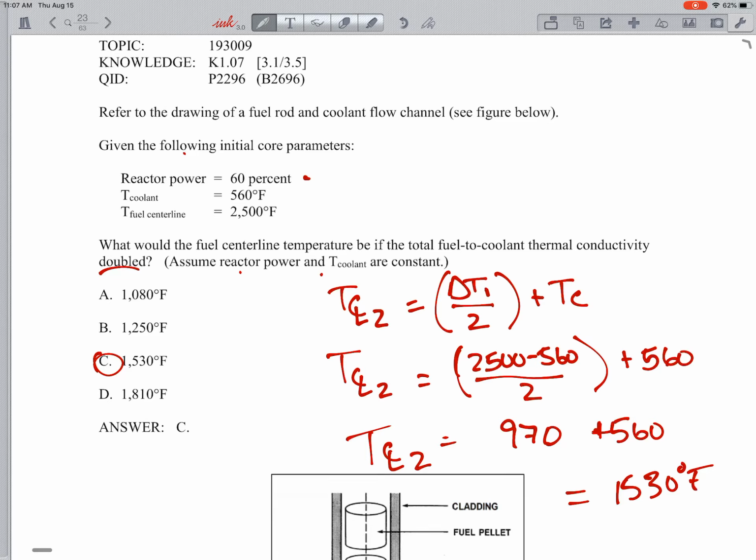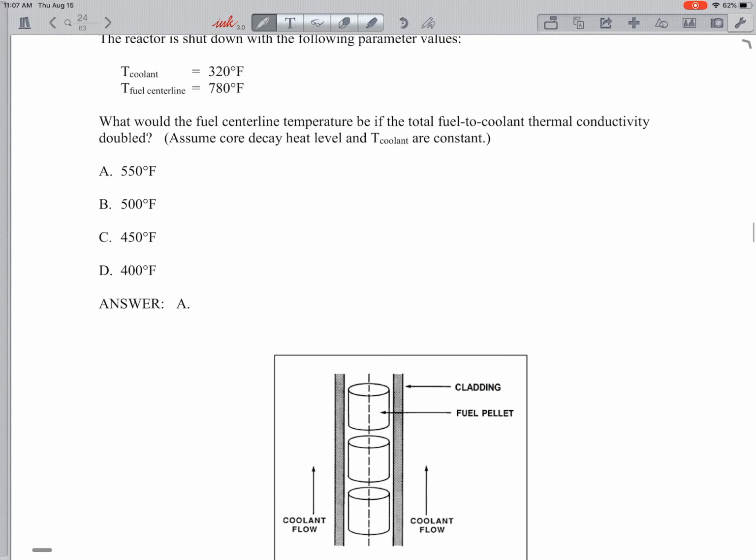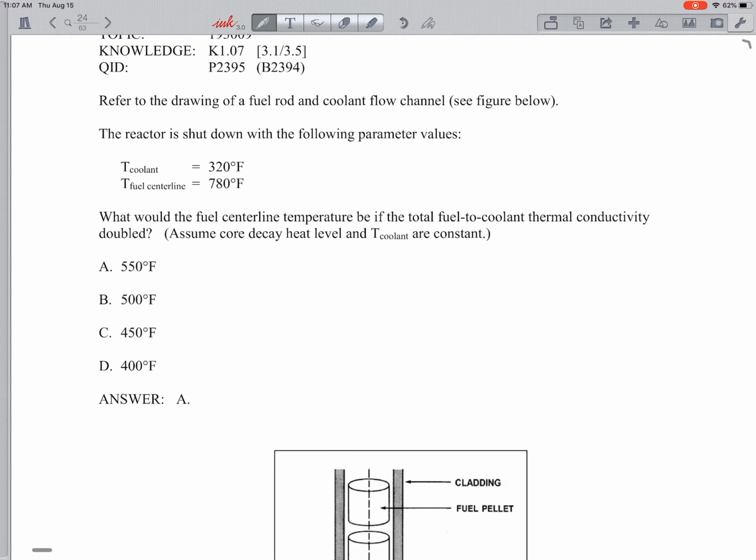So I think we can see that if we doubled our thermal conductivity, the fuel centerline temperature will go down. If we doubled our fuel thermal conductivity, the fuel centerline temperature will go down a little less, or a little more than half. So that's good. It's a good thing to probably know. So there's another one,